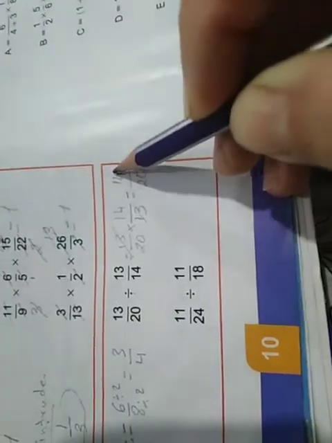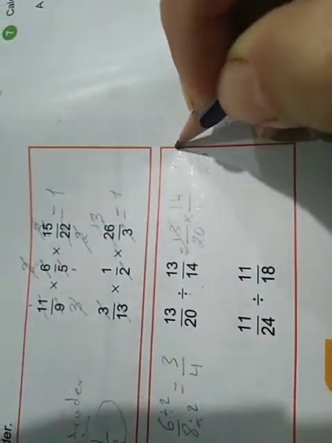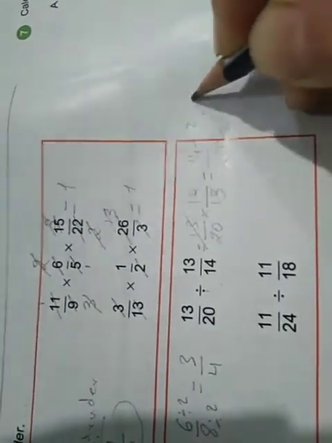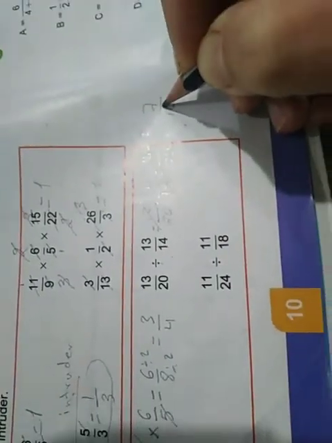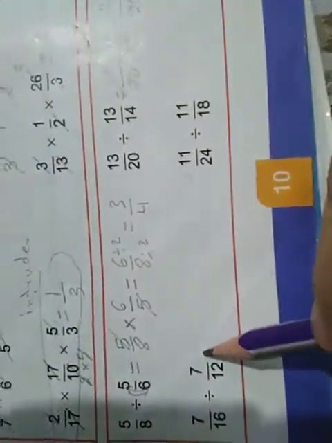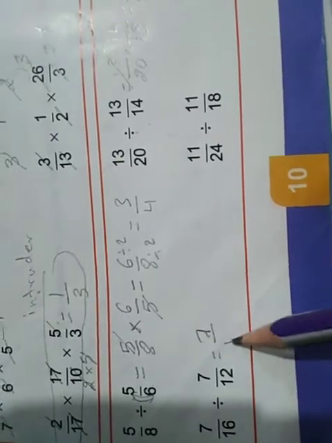But both numerator and denominator end with an even number. So I can divide them by 2. 14 divided by 2 is 7 and 20 divided by 2 is 10. 7 over 10 is an irreducible fraction. Let's go on. Here we have 7 over 16